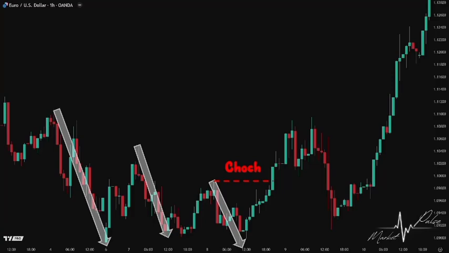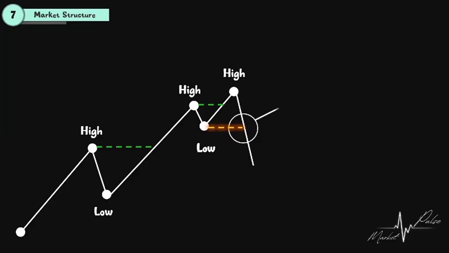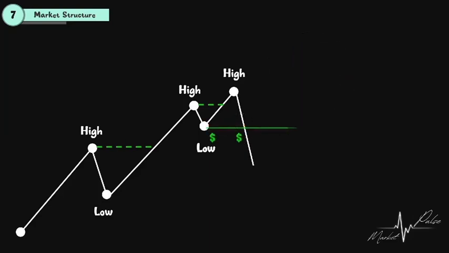However, when trading reversals, there is another trick to avoid trading a fake change of character, and no one talks about it. Imagine a high, a low, a higher high, and a higher low, a clear uptrend. Here is the latest low. Now, if we observe a candle breaks the latest low and closes below it, it seems a change of character, but sometimes, not all the times, this is a fake break. This break can be a deep pullback to grab liquidity for the next impulsive move, and we must avoid trading